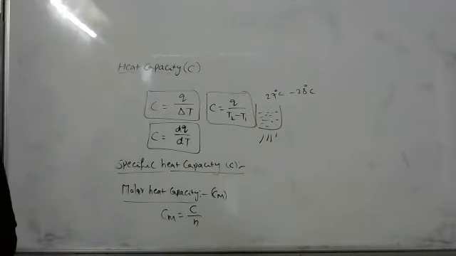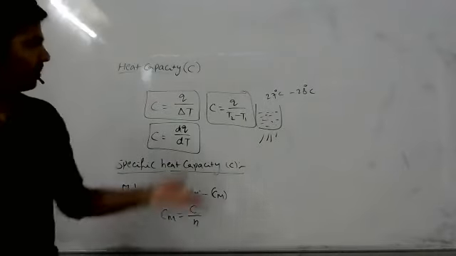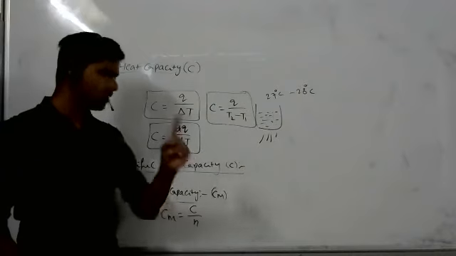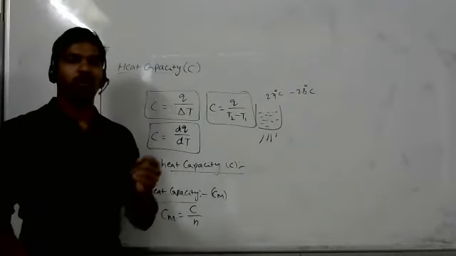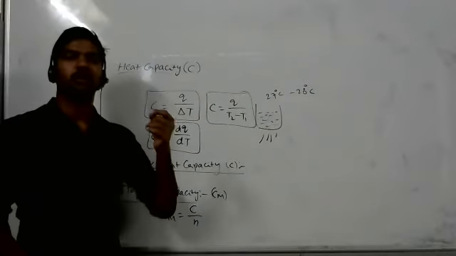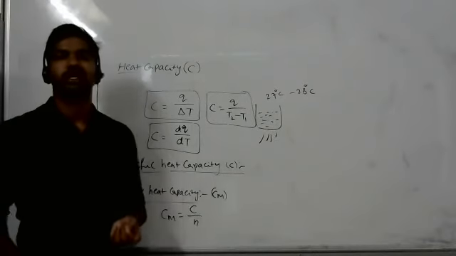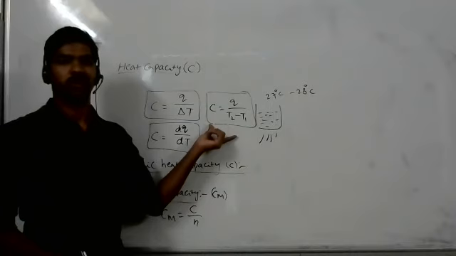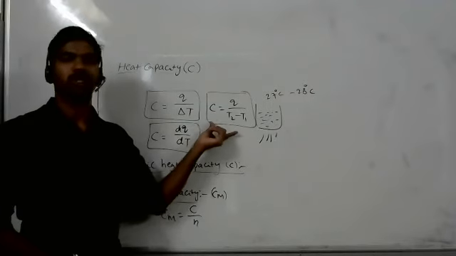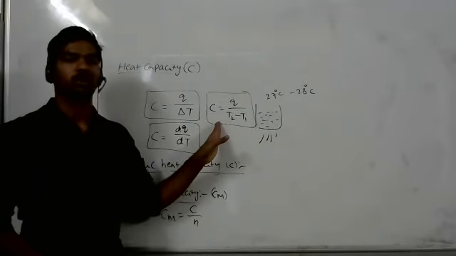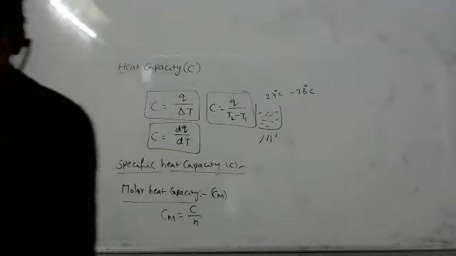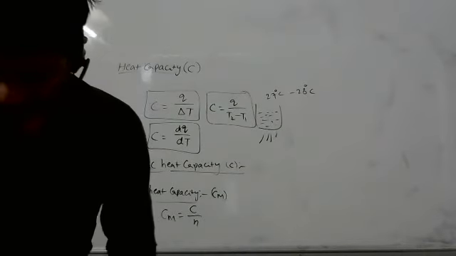Sir, can you repeat the difference between heat capacity and specific heat capacity? So here we are maintaining some amount of substance, not fixed. Here we are taking specifically only 1 gram of substance. Amount of heat required to raise 1 gram of a substance through 1 degree centigrade. 1 gram, 1 degree centigrade, right? But here we are not fixing what is the amount of substance. The amount of heat required to raise the temperature of a system through 1 degree centigrade. Here the system having only 1 gram, that is specific heat capacity. So the formula is same, right? Yes, the formula we are maintaining same.